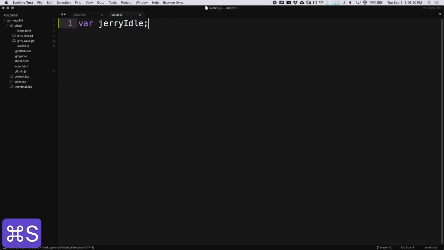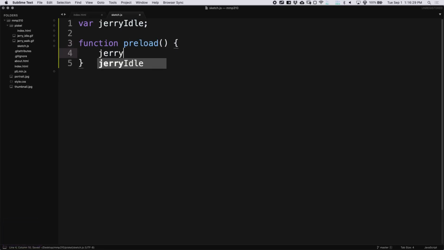And to start, and I'm going to review this a bit more in the other video, but to start, we don't really need to assign this to anything because it's just like a placeholder for when we preload the image data. So that happens in the preload function. So we're going to do function preload. And we're just going to say jerryIdle